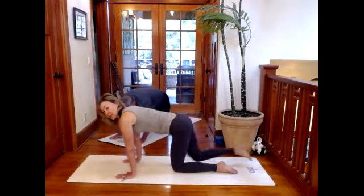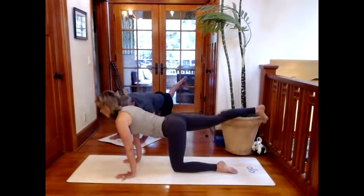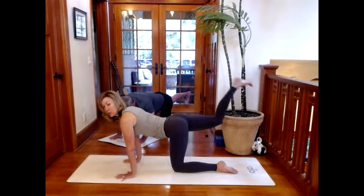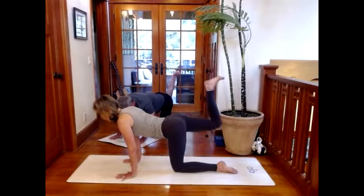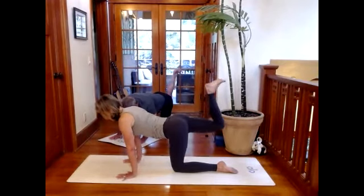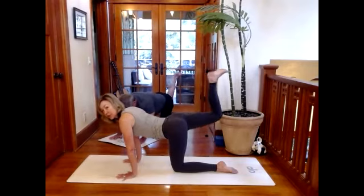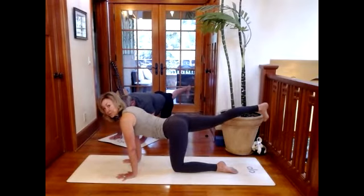Working on our balance, we extend that right leg, toes to the floor, then lift the heel, the height of our hips, and then we'll bend that knee. Now the foot is going to reach high, warming up those hamstrings. We're pulsing. Equally pressing the palms into the earth for 3, 2, 1, then extend that right leg and then